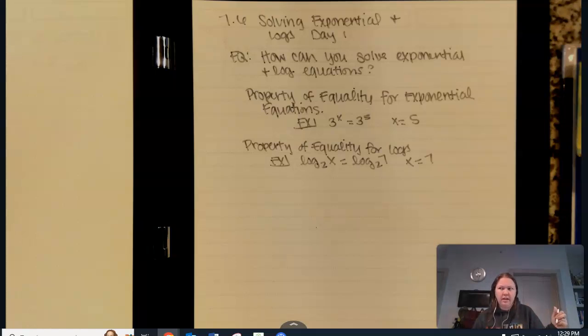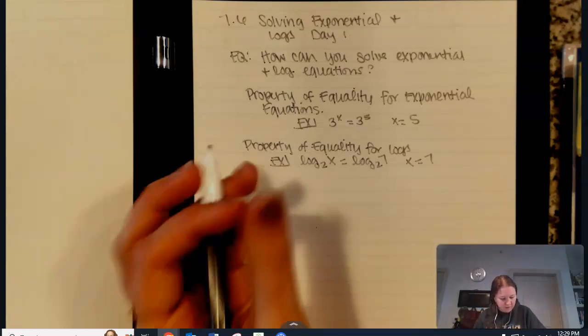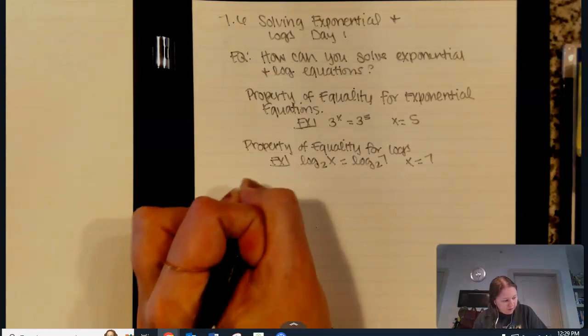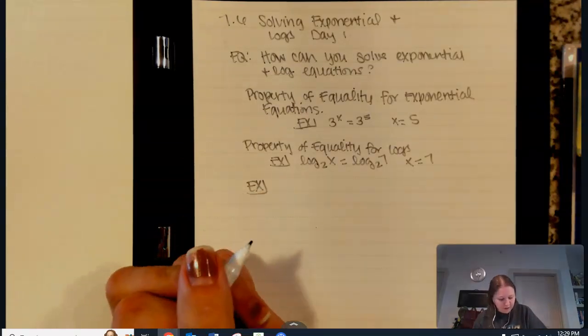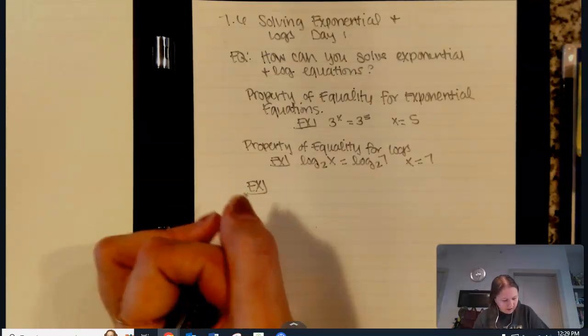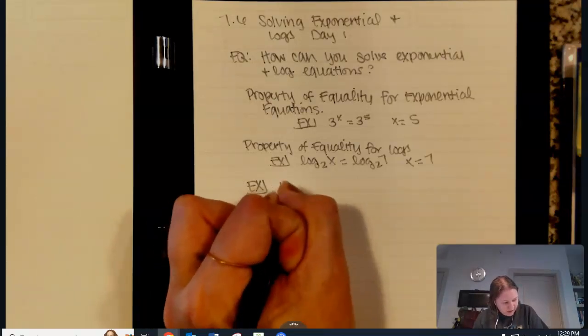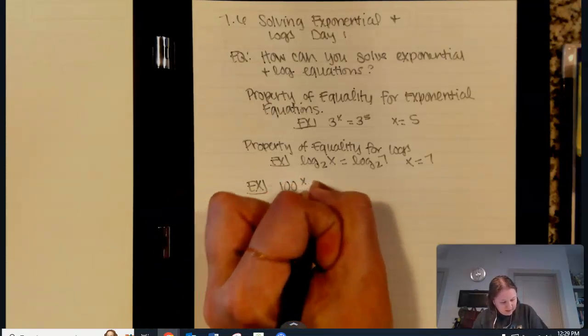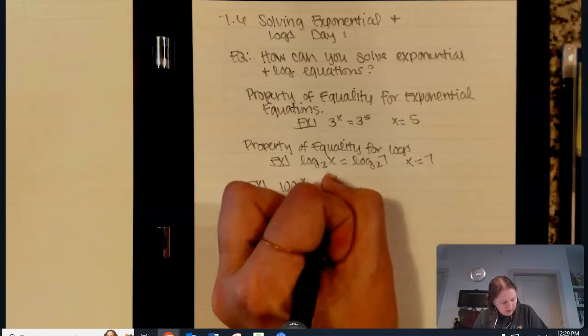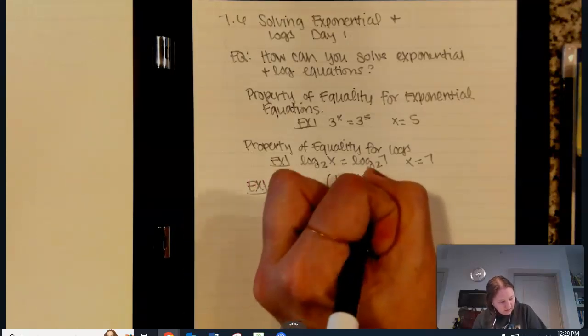The book here also defines exponential equations and log equations, but I think we already know since we've been working with them for so long. So I'm just going to do an example. This one is not from your homework, but we'll do one from your homework in just a second. So if you have 100 to the x is equal to 1/10 to the x minus 3, we want to